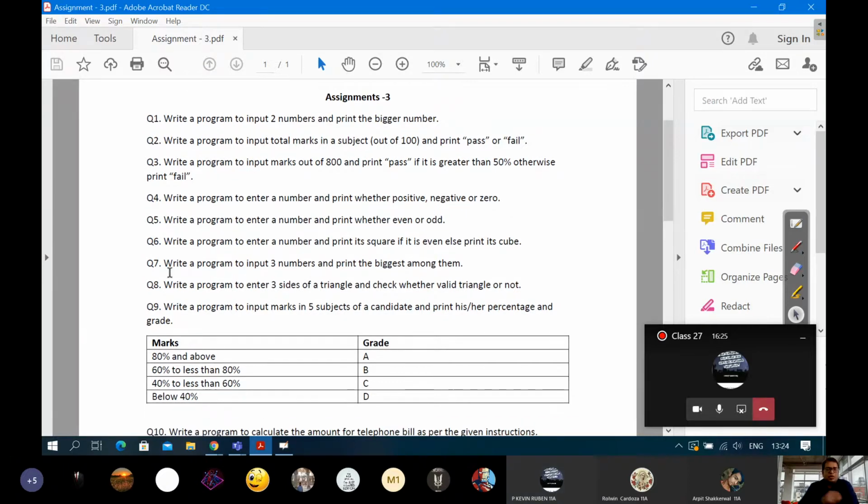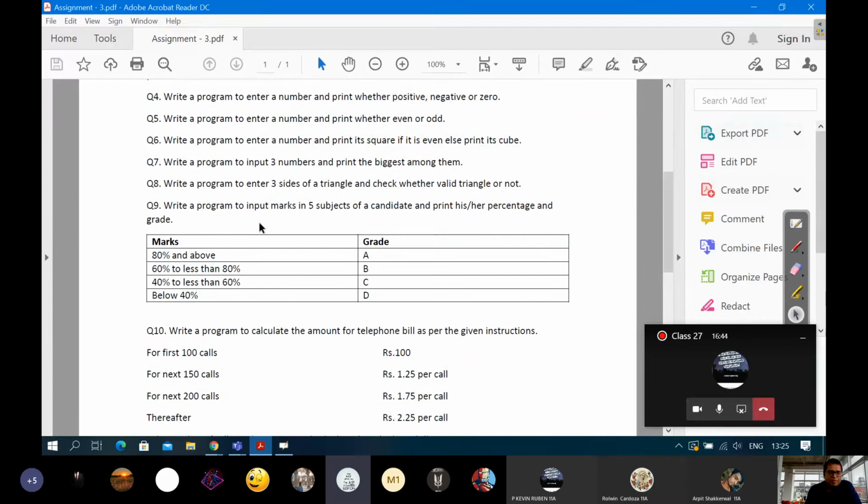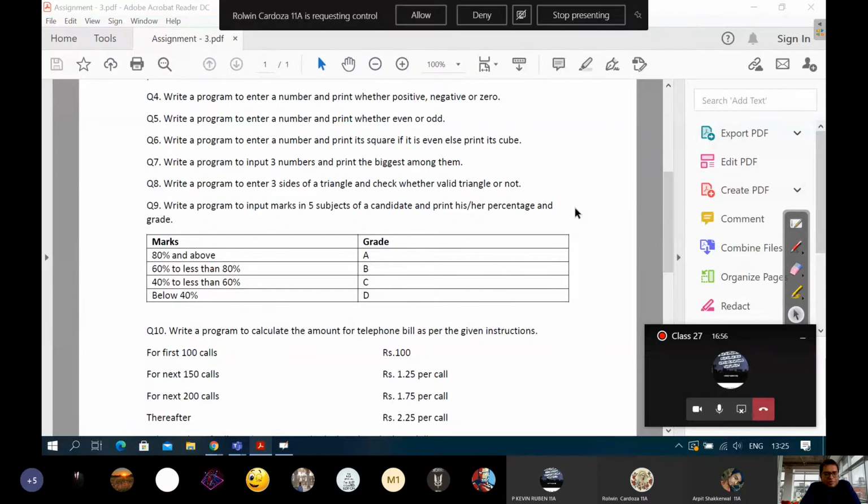So we had solved till question number three, biggest of the three numbers, right? What if you have to arrange in ascending order? Okay, before ascending order, we will see question number 9. Very simple question. I'll give you a hint. Write a program to enter three sides of a triangle and check whether the triangle is valid or not. The sum of the angles should be 180.